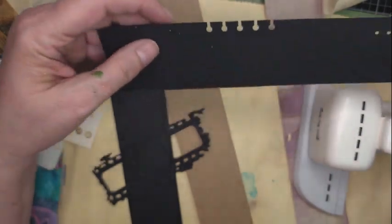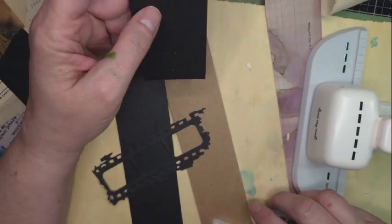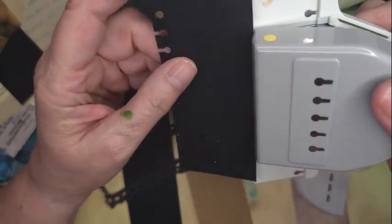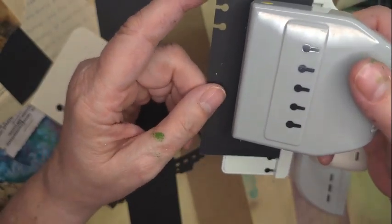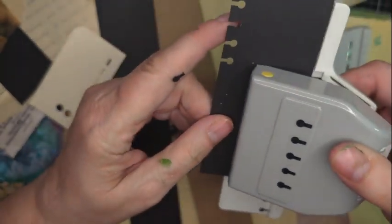And I was messing around with this. This was with the dies. I use this die because really it's just a look. It doesn't have to be a film strip. It could just be a cool border like this. It's just kind of the illusion. I like the fact that I make it by hand, and